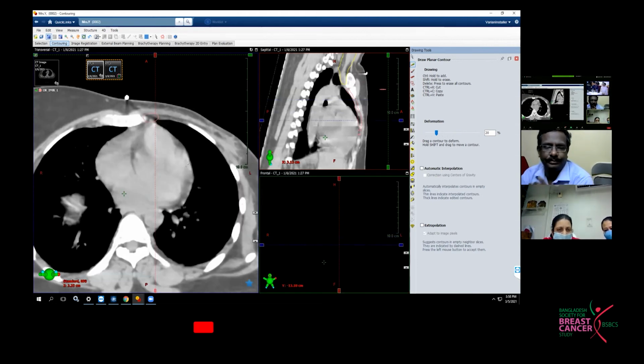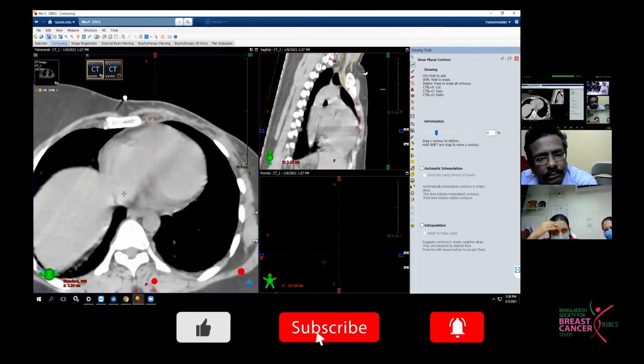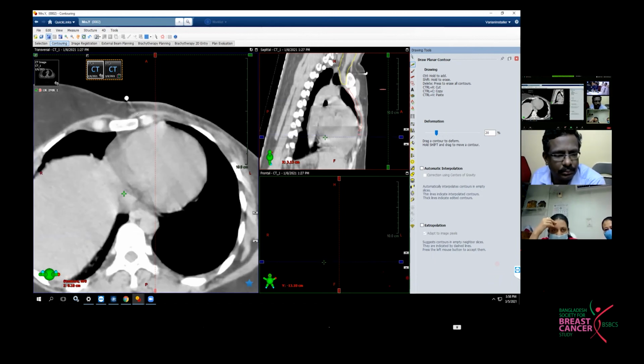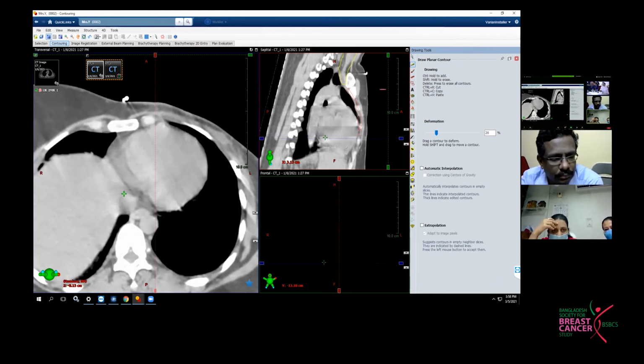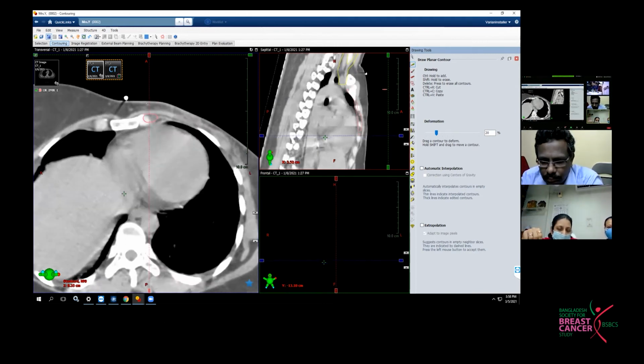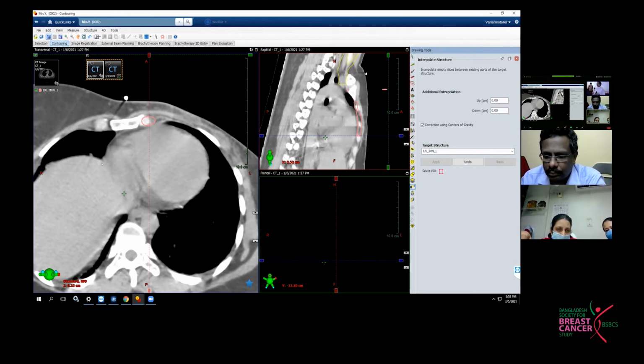So generally, we don't do prophylactic irradiation, and for patients, the first 3 intercostal spaces are generally recommended in case you want to do it prophylactically for tumors in the outer quadrant. For central and inner quadrant tumors, you can include up to 4 spaces because the incidence of lower space involvement is higher in the central and medial quadrant.